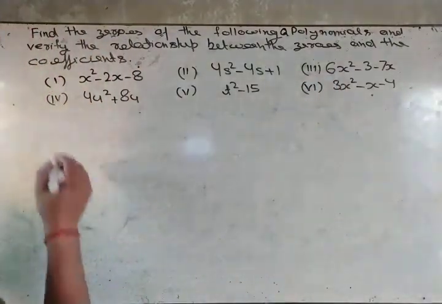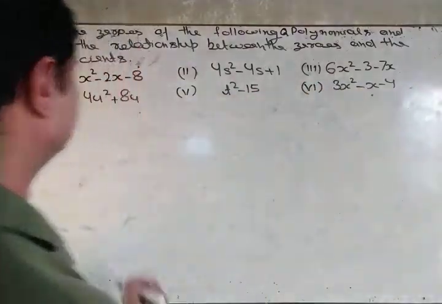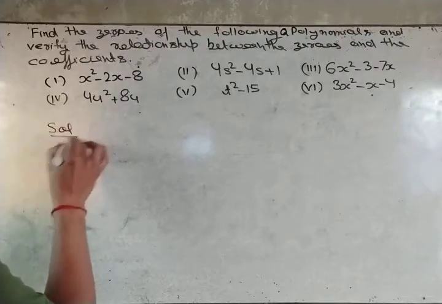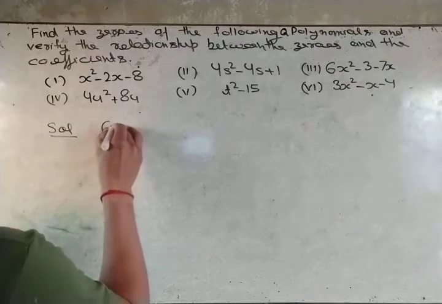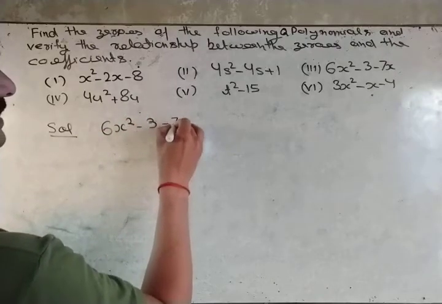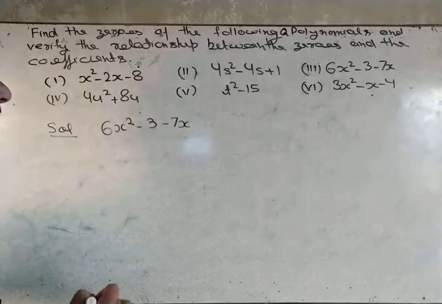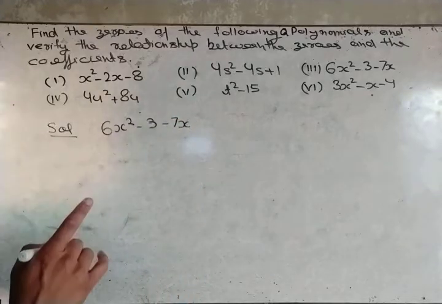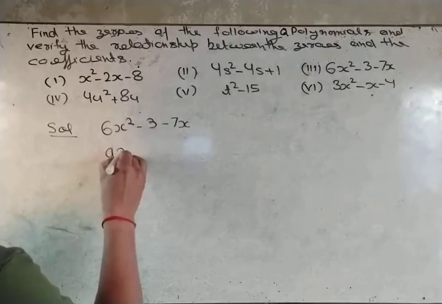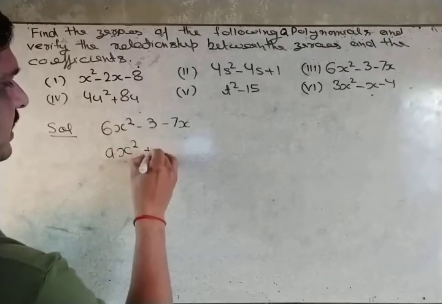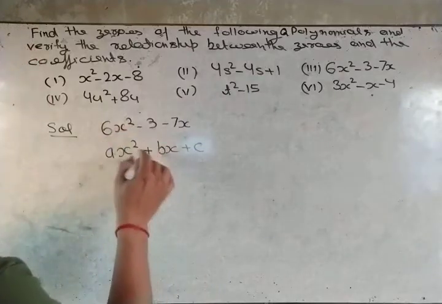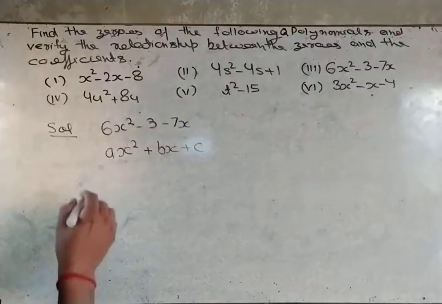So, if we consider the third question, we will have a polynomial in the form 6x square minus 3 minus 7x, and when we compare this polynomial with the general equation ax square plus bx plus c, then we come to know, either you rearrange it or write directly. On comparing